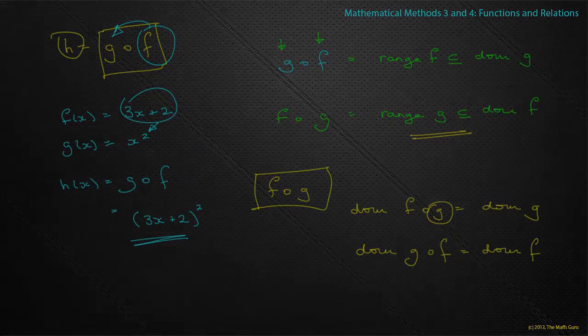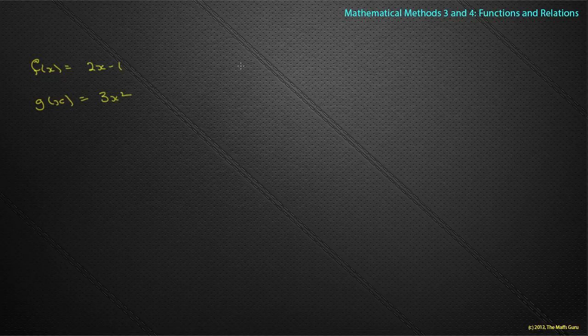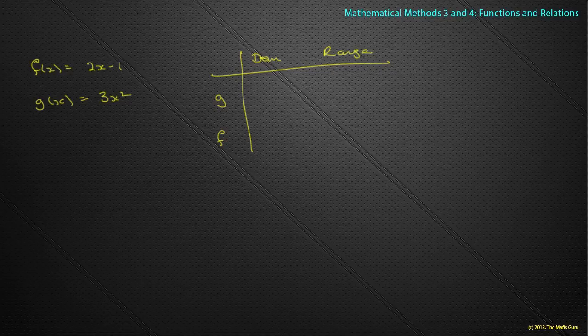If we look at a quick example, imagine we have the functions f of x is equal to 2x minus 1, and we have g of x is 3x squared. A nice quick table for each of these functions. If we have our g and we have our f, and we look at domain and range, because remember the trick that we're going to use in a moment, or the information that tells me whether something is going to be defined, will require us to know the domain and ranges of each of these functions. Well, if we look at our g of x, what is the domain? Well, any number can go into this in terms of x,